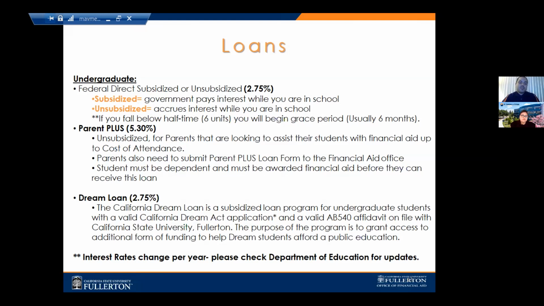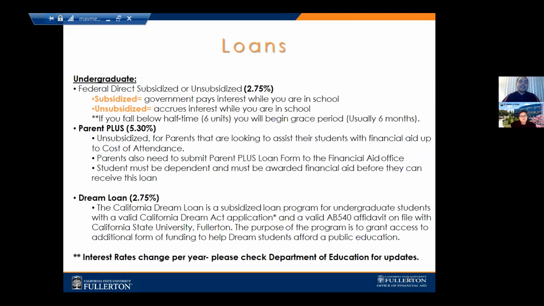Another type of loan for undergraduate students that parents can take advantage of are the Parent Plus loans. These are loans that parents would have to apply for on their end through studentaid.gov, and they run their credit, they do an application, and once they are accepted, it would be applied towards your cost of attendance as a student. More information can also be gained on studentaid.gov or our website,